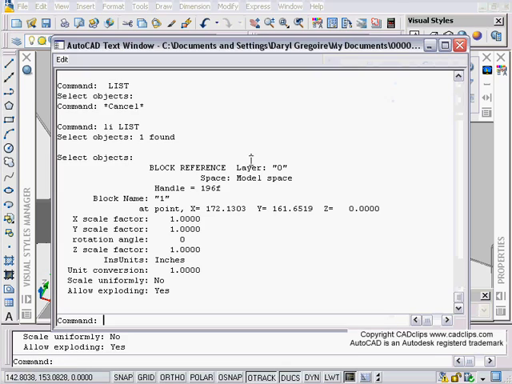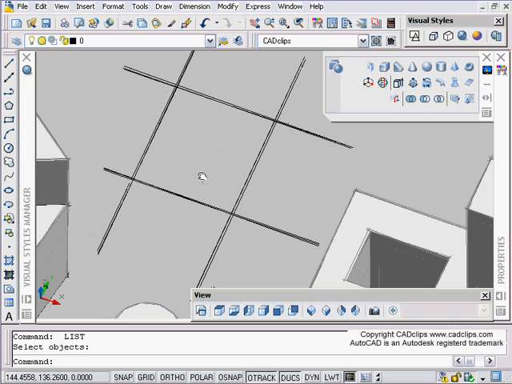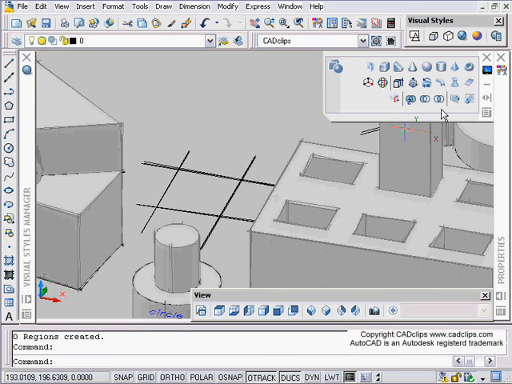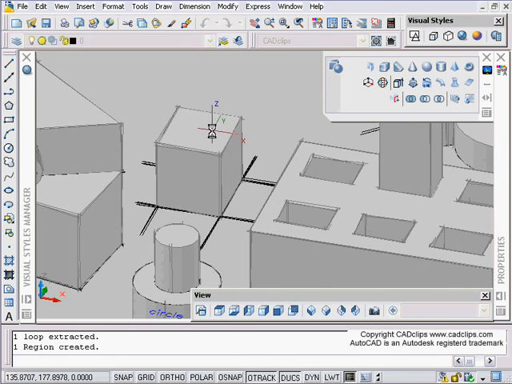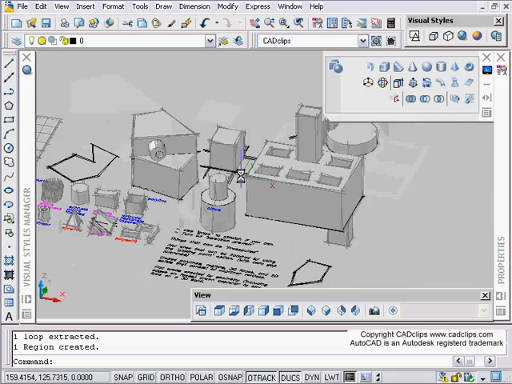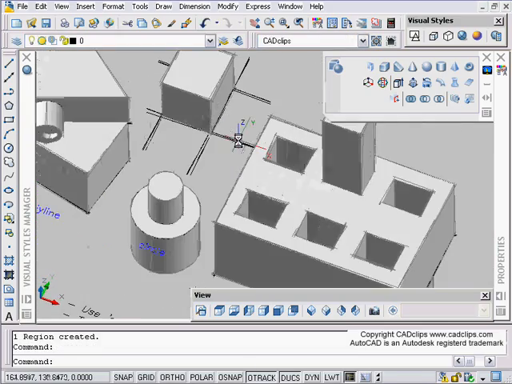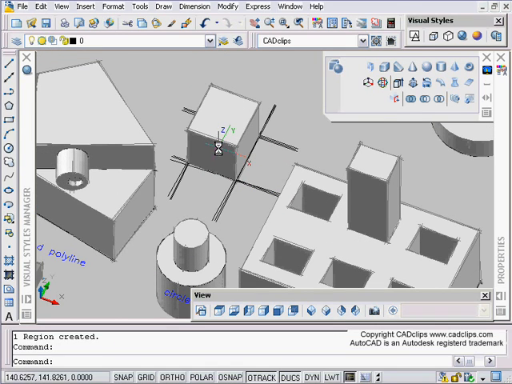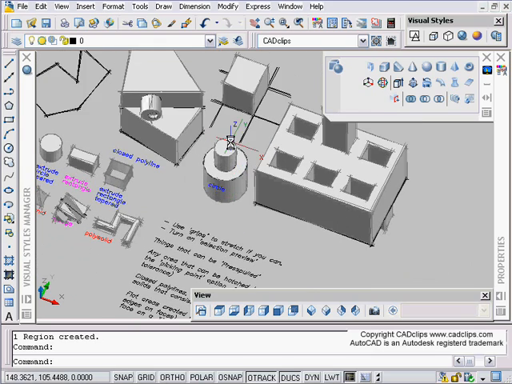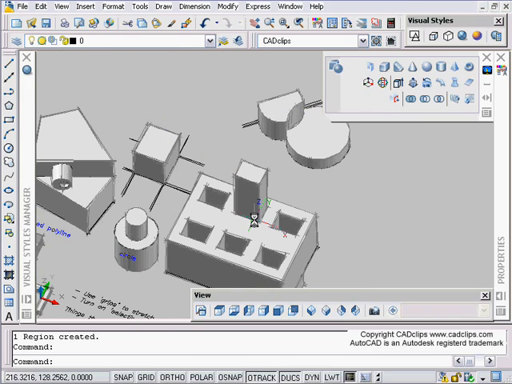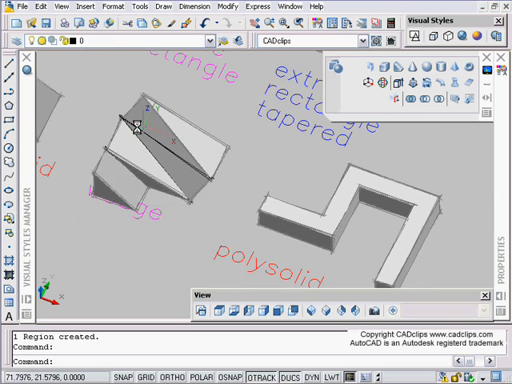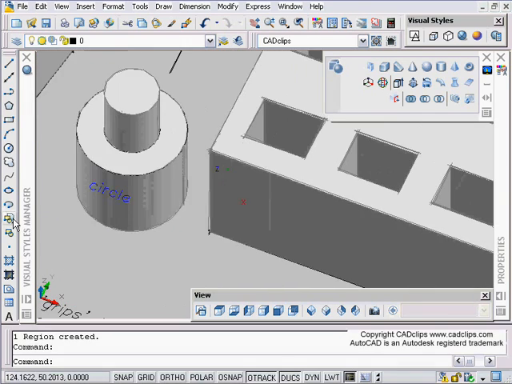Now this is a block. If I list this, this is a block, and the block name is just block 1, okay, and it's made of lines, but guess what? Press pull. I can hover over that. Oh, I'm pretty sure you can. And grab that. So even 2D geometry that is part of a block can be push-pulled out. Okay? So blocks, 2D geometry drawn on top of 3D geometry,